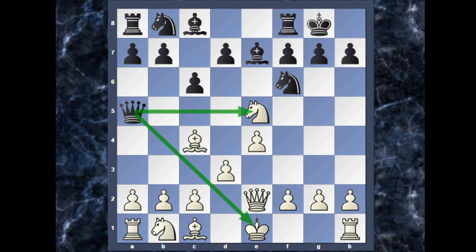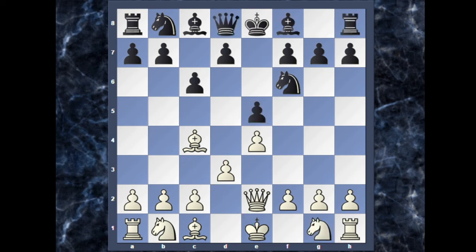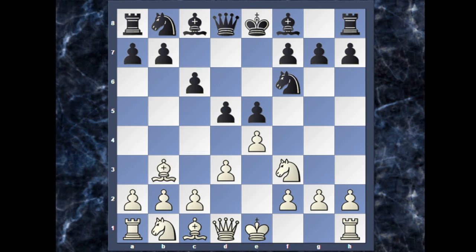So another move is, if instead of queen to e2, white plays the move knight to f3. So now d5, bishop to b3, d captures on e4, knight to g5, bishop to c5, knight captures on f7 giving a fork,